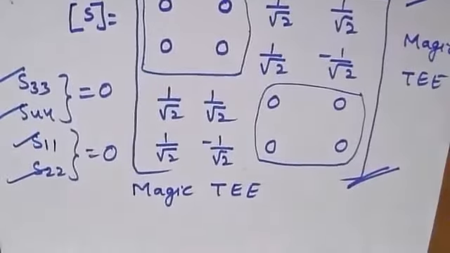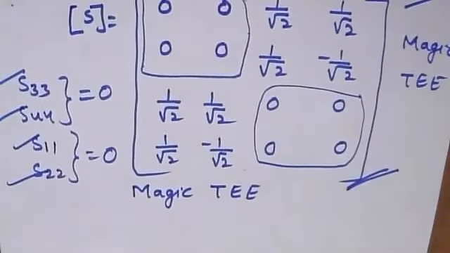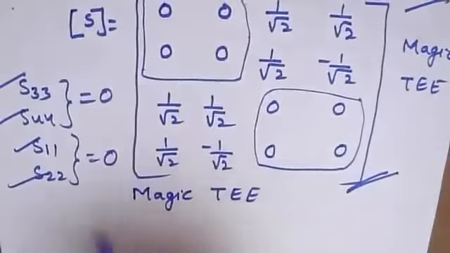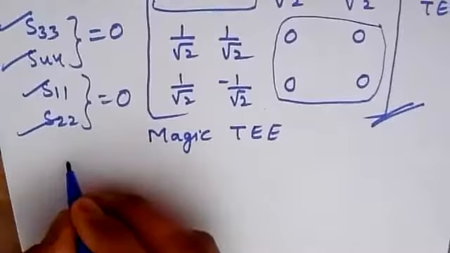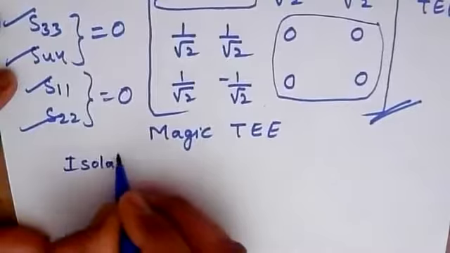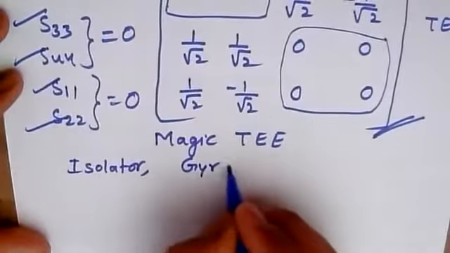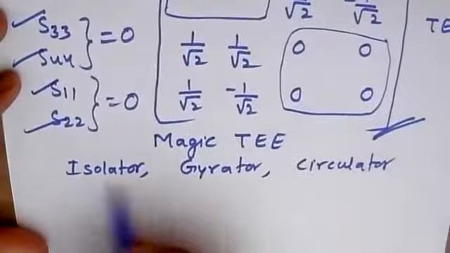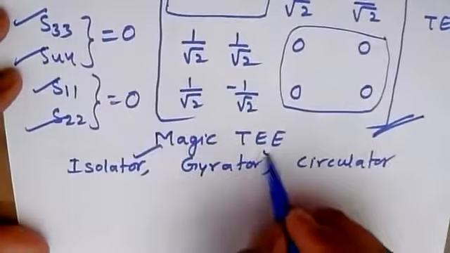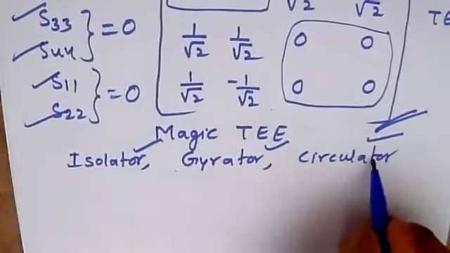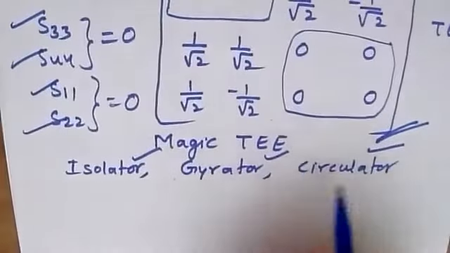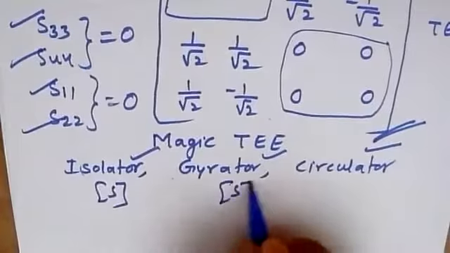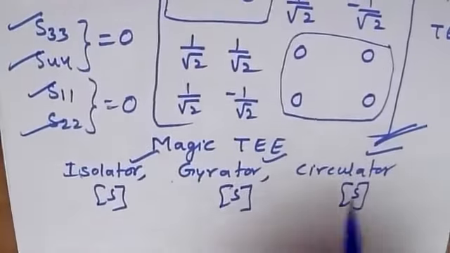Okay, so this is the same nature we have to apply to calculate the rest of the cases. We have the ferrite devices which we have discussed, that is isolator, gyrator, and circulator. As we know, the working functionality of these three is already discussed, in a similar fashion we need to calculate the S matrix for all these three cases. So this is the last topic we have in this particular unit.